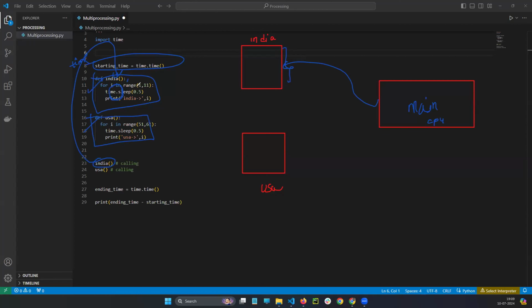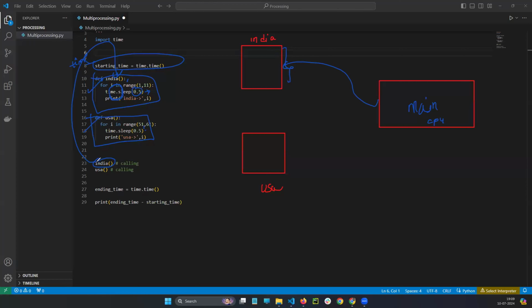For every iteration, I am holding for 5 seconds. So how will the USA function run? After completing the India function only, the CPU will look into the USA function, because of line by line execution.